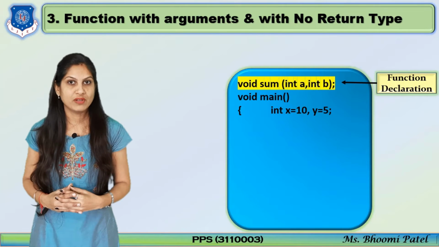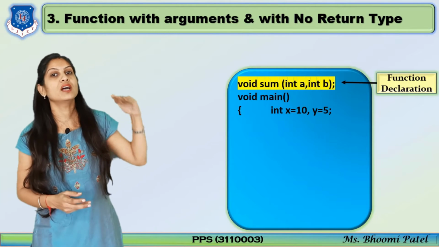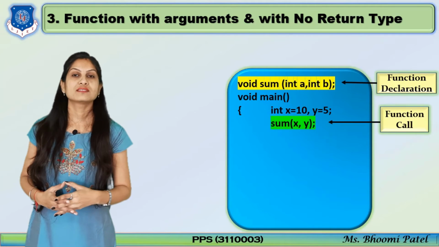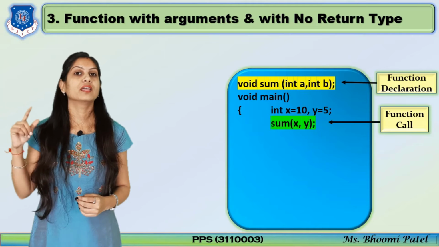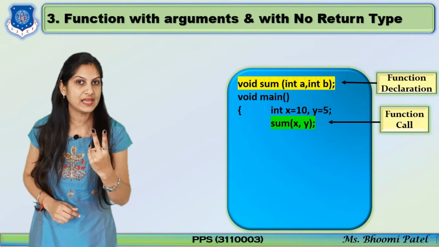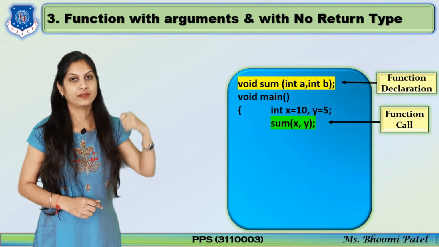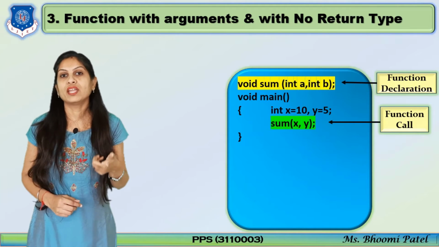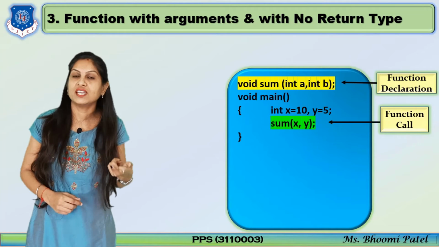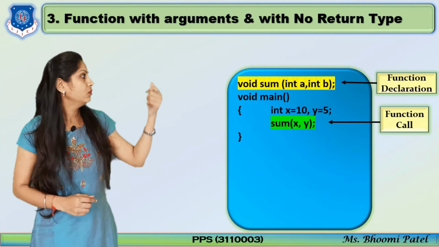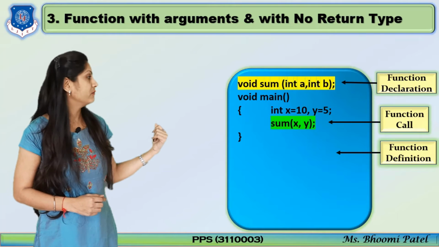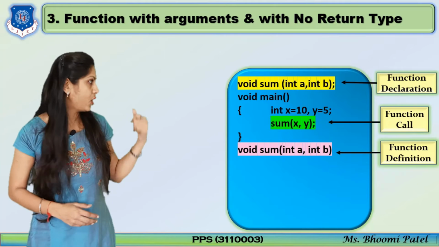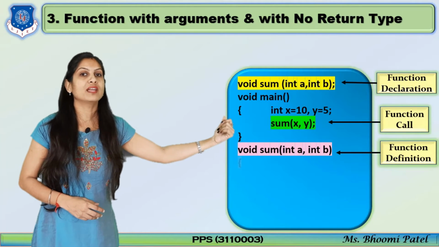That is our input value, and that value now goes to the definition with a function call. So here the function call is the same, sum, but here inside the bracket we have to pass two variables x and y. Clear? So now it becomes with argument, but if you put it blank, it means our category is changed, that is no argument. Now after the function call we are moving on to the function definition, and the definition is just like void sum, then integer a comma integer b.